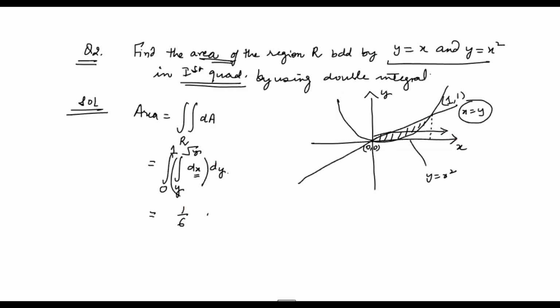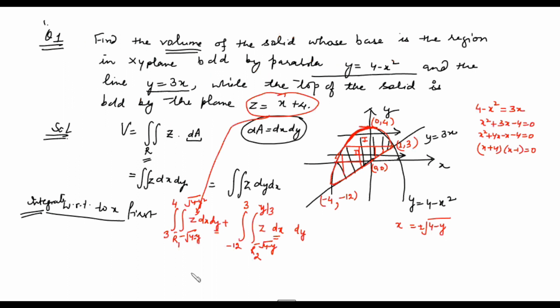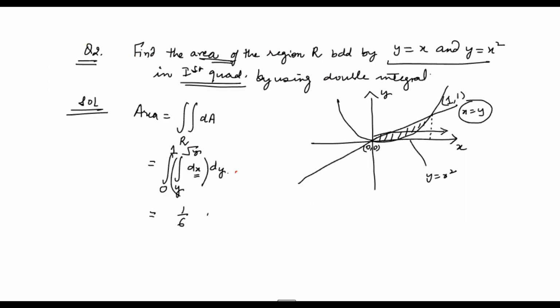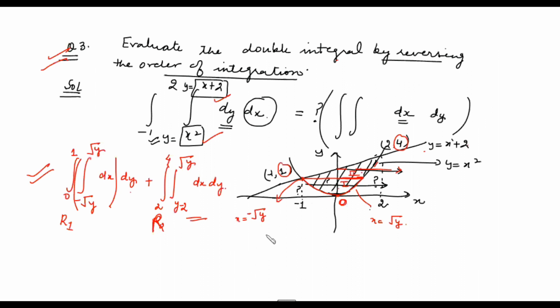In each case, either we want to find the area of the region or the volume. In each case, we have to sketch the region of integration first and then evaluate the integral, because in each case we have a non-rectangular region. So one variable will depend on another. In this way we can evaluate the double integral, or you can say volume and area, by using the double integral.